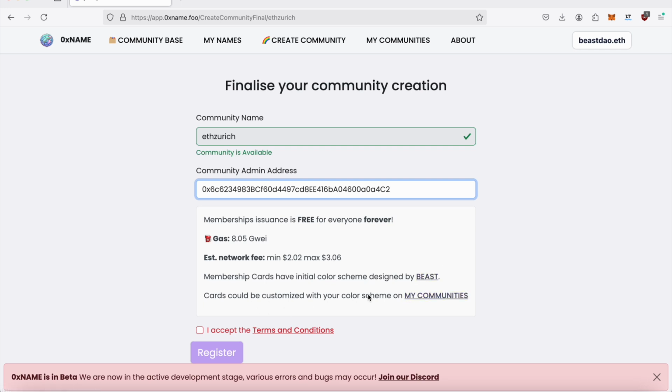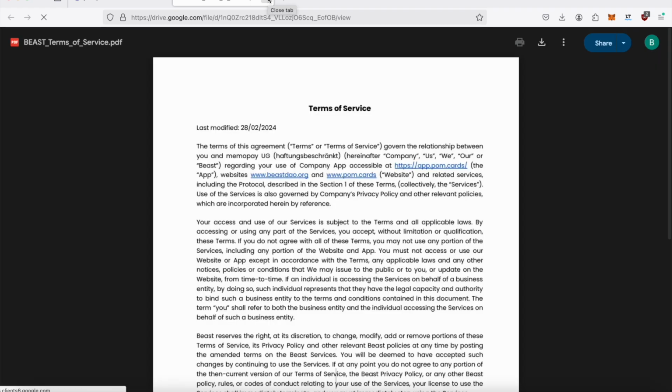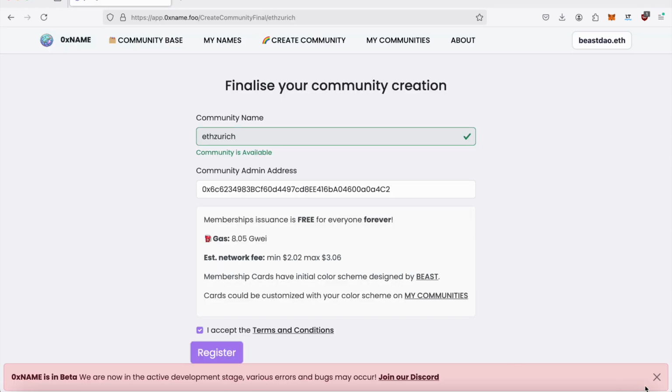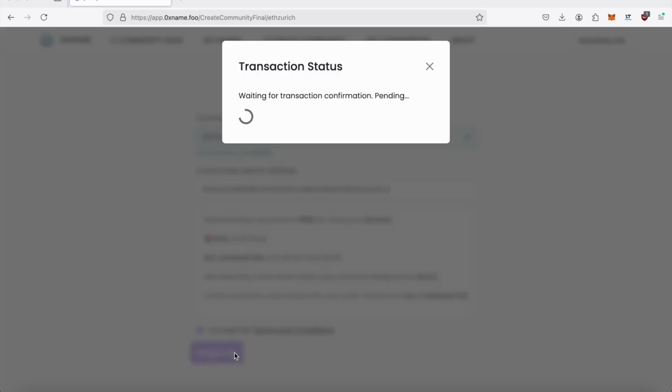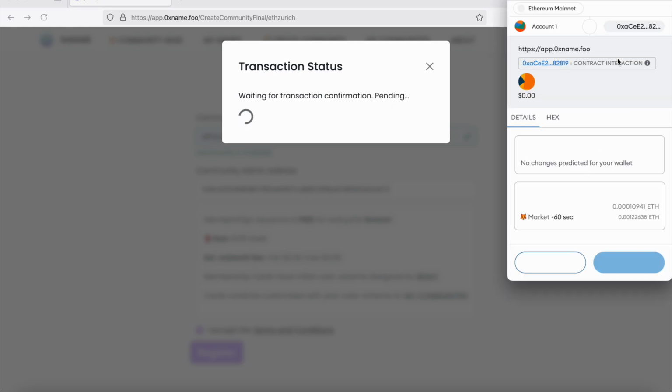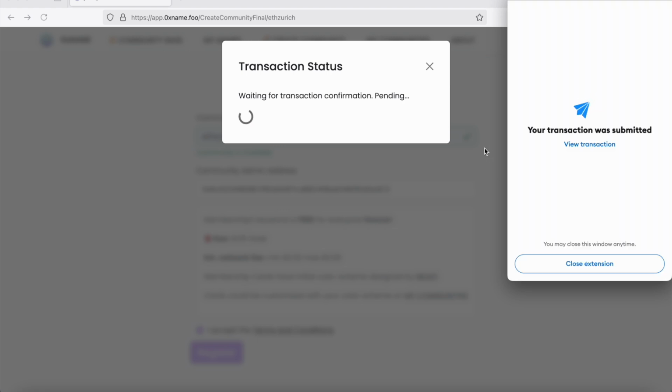And here you can see some information. You need to accept the terms. If you wish, of course, you can go and check these terms before, but these are pretty general things. So you can hit register, and as usual the transaction will be initiated by the wallet. I will just need to confirm this transaction and pay some transaction fees, and as soon as it is confirmed, I will have the community registered on